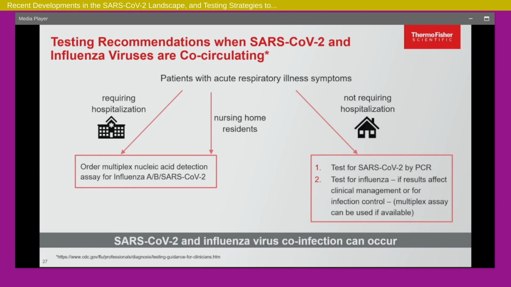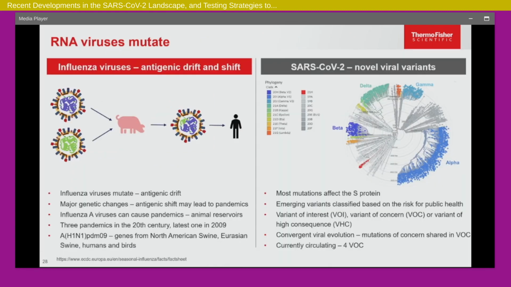And remember one thing, and this is something we don't have data on yet: we should probably expect to see both infections occur at the same time. We say one versus the other, but when you have an underlying level of COVID transmission, there's a possibility, I don't know what the probability will be, that a patient can be co-infected with COVID and flu at the same time. We don't know how those patients will progress, and again, each patient will be different because of their underlying conditions.